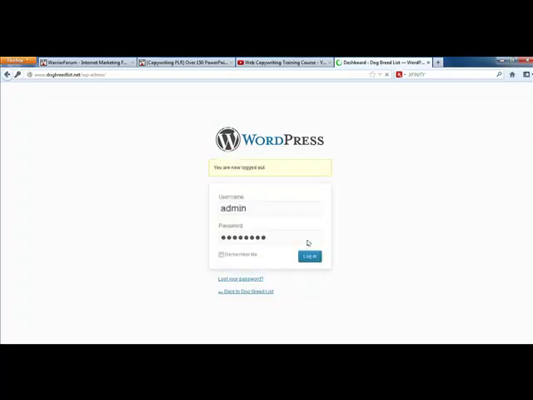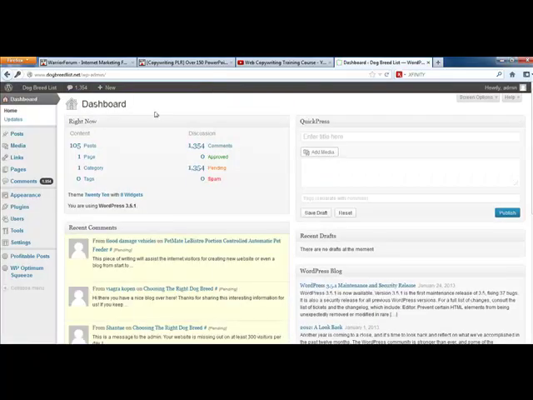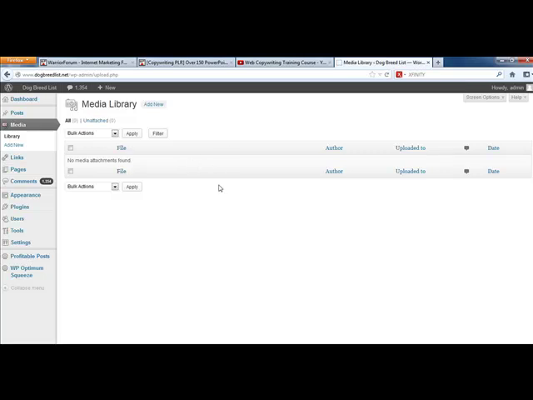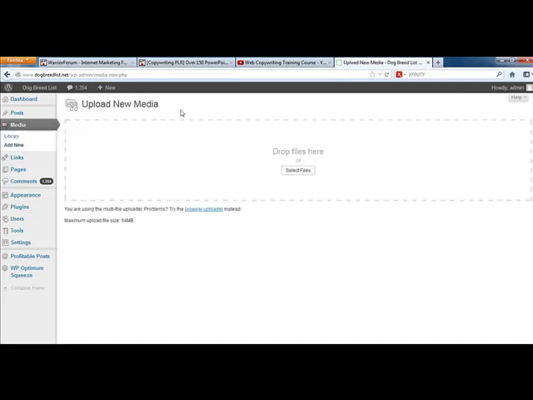So I'm going to log in to my WordPress dashboard, and once you're inside your dashboard, what you would choose is media on the left hand side. You would choose media on the left hand side, and you'll be taken to the media library. Once you're inside the media library, you simply choose add new media, because this is how you're going to upload